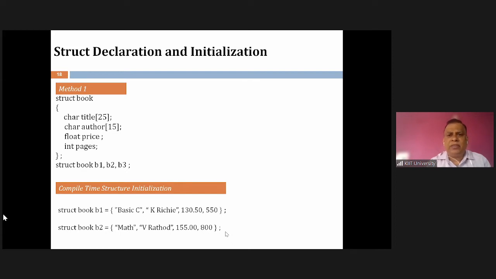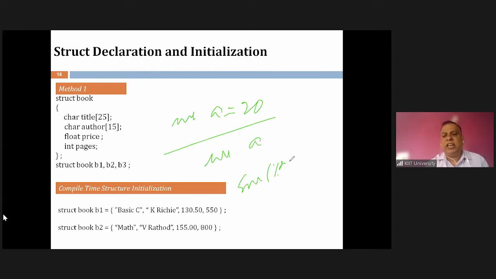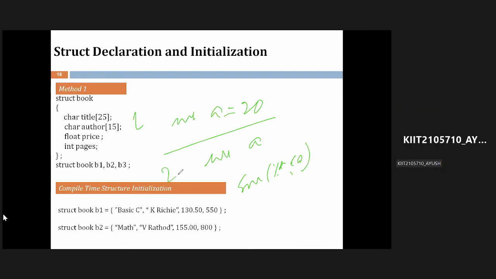Suppose I declare a variable int a assigned to 20, and in another case int a, then I write a scanf statement percentage d ampersand a. Which is static, which is dynamic? First one or second one? The first one is static, second one is dynamic. And this is static or dynamic? Dynamic.